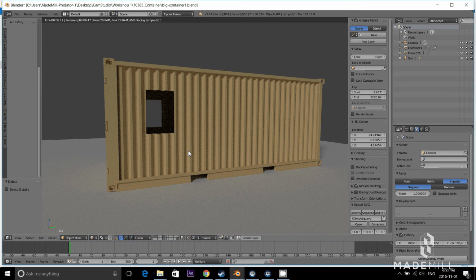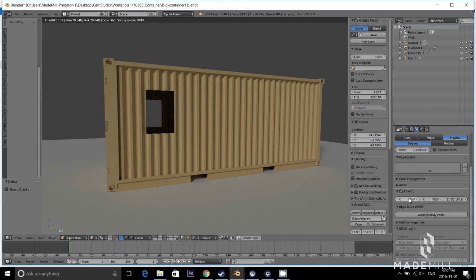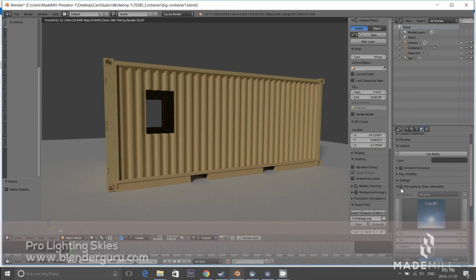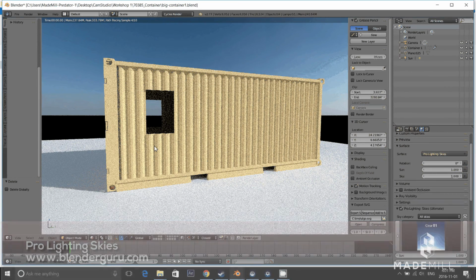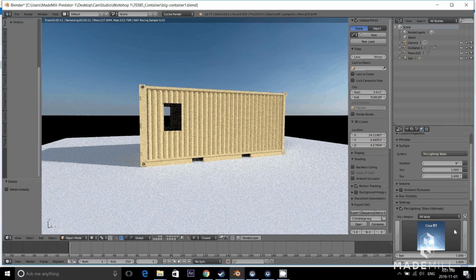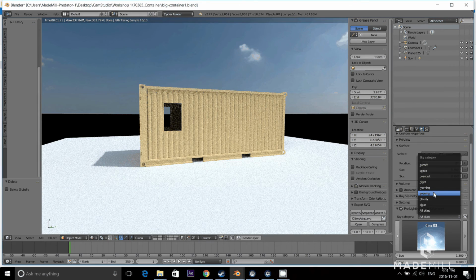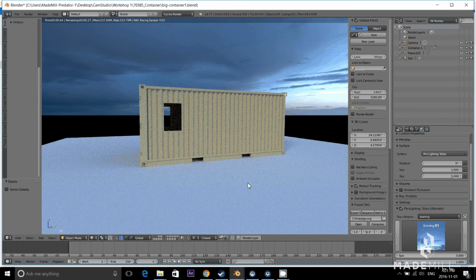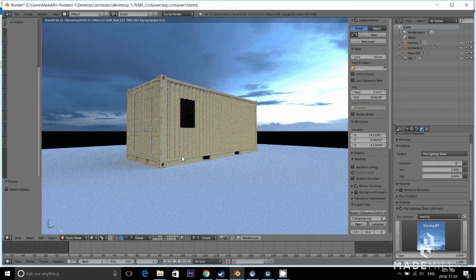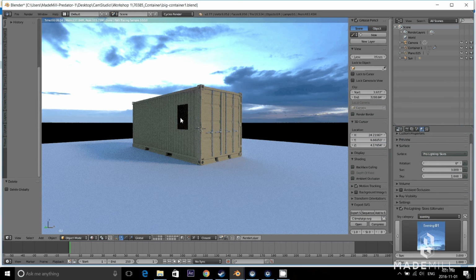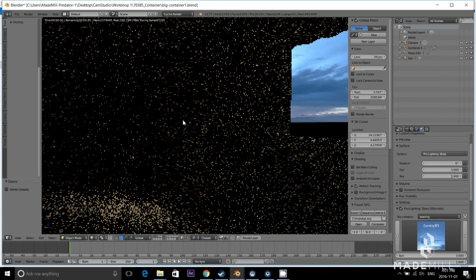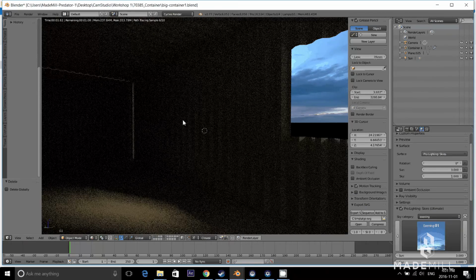And one of the things I like to do sometimes when I'm modeling is I use a plugin often called Pro Lighting Skies by Blender Guru. So I'm just going to turn that on. The cool thing is it actually simulates realistic clouds and light and shadows. And I'll talk about that in more detail in the future, or I encourage you to just go to Blender Guru and check out that plugin because it's really a major time saver, and it brings a lot of realism to your scene. So right now you can see that we're standing inside the shipping container,